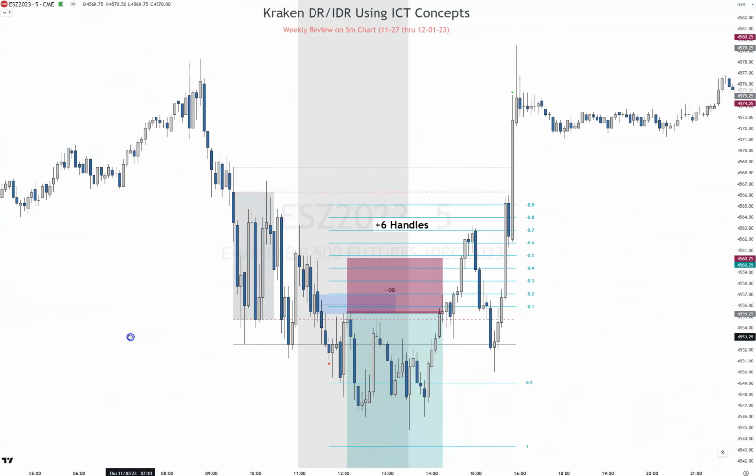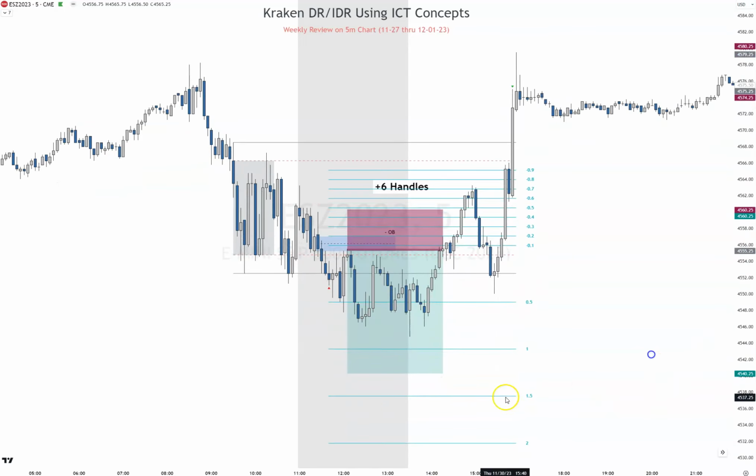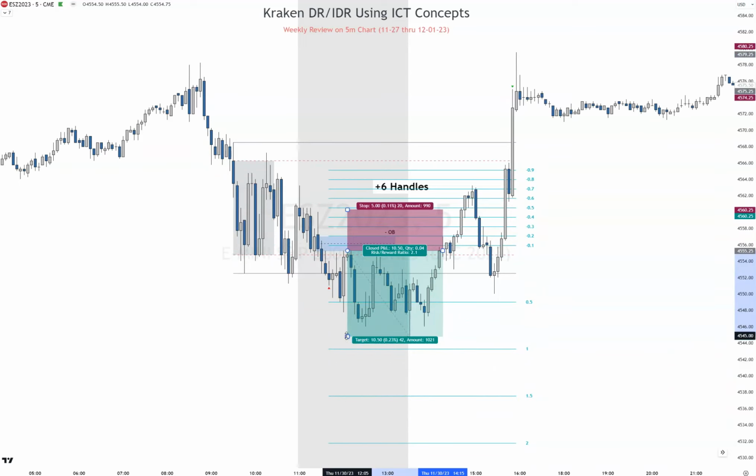Thursday. Now Thursday we get DR confirmation again to go short at 11:40. Why? This candle right here closed below the DR line. So now it says we should not pass this thing. Now this does actually come through at the end of the day. So this is a false day. And usually when you see false days, you're not going to get as many handles. If you look at this, it went down to 10.5 handles.